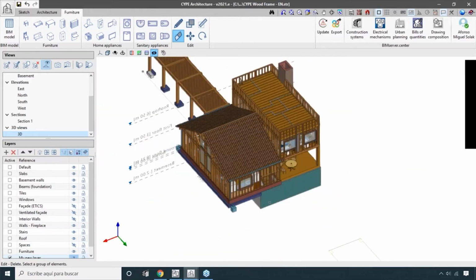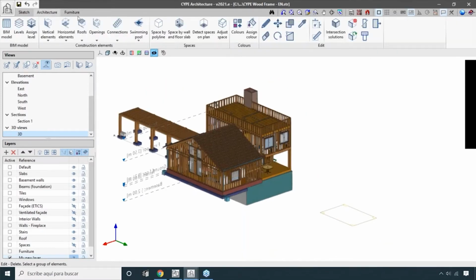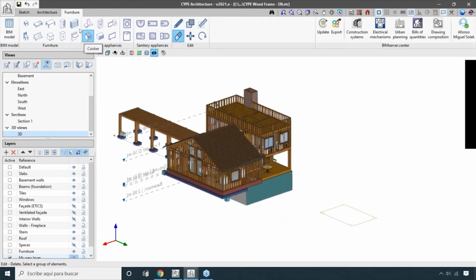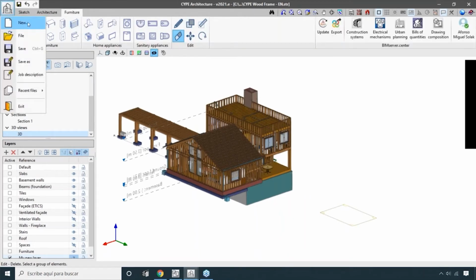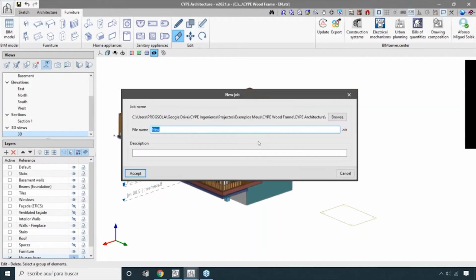All right, so I think we can create a new project and let's see how the sketch, architecture, and furniture tabs work. Okay, so let's create a new file. For example, here I'll create a new one. Today is a new example. Today is